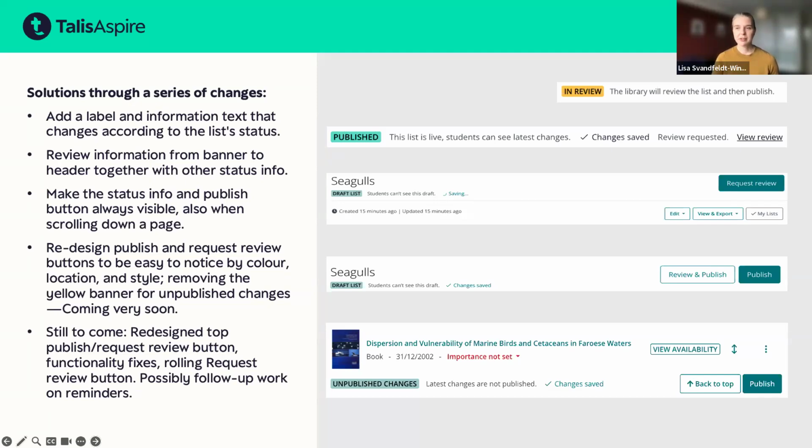And there is also very, very soon, I'm actually with my second eye looking at the moment, sometimes maybe it already would be coming up, but there will be coming up a redesign of the publish button and a request review button, which you can see here in the pictures. It's becoming a little bit larger. It's getting its own position together in the header. And it will be visible from the very beginning, the publish button. In this way,